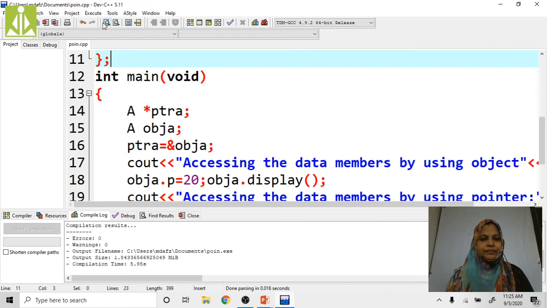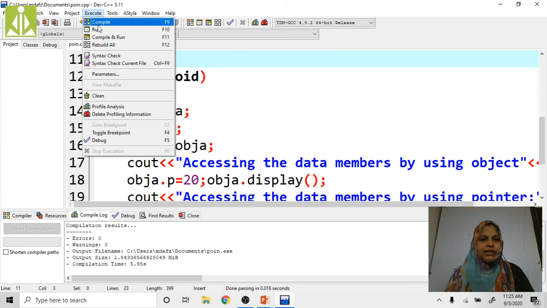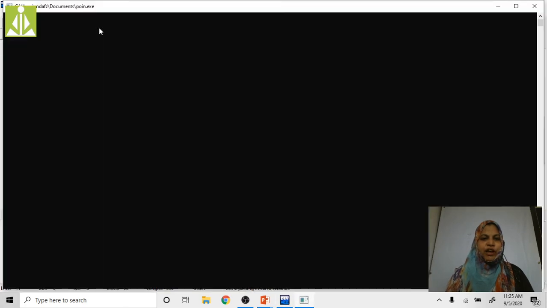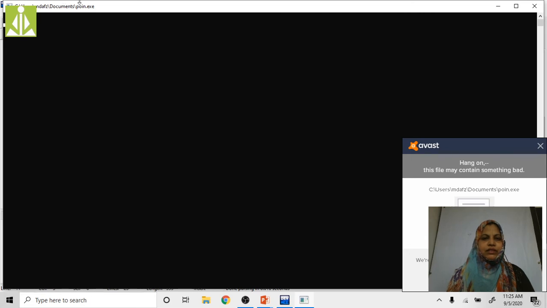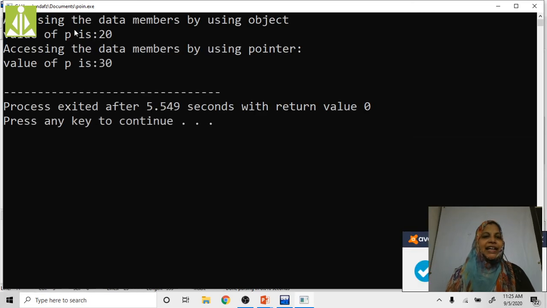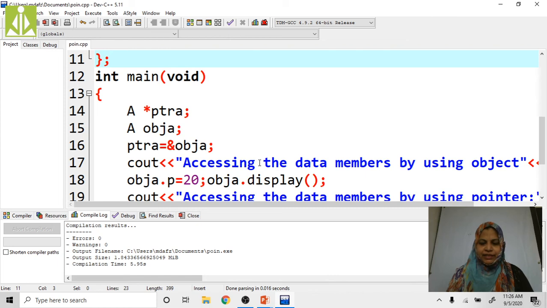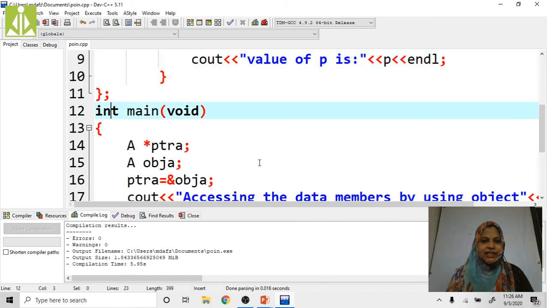Wait for some time. See here, errors are 0, warnings are 0, right? Here now run the program. What is my output? Accessing the data members by using the object, value of p is 20. Accessing the data members by using the pointer, value of p is 30. See here, in this example,